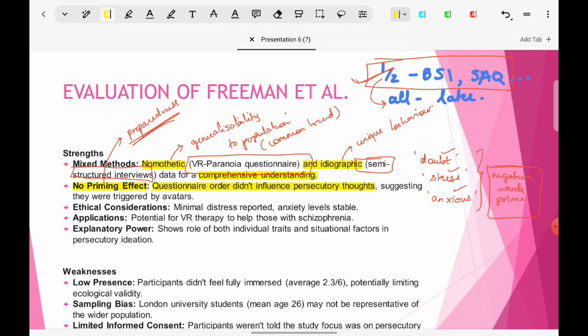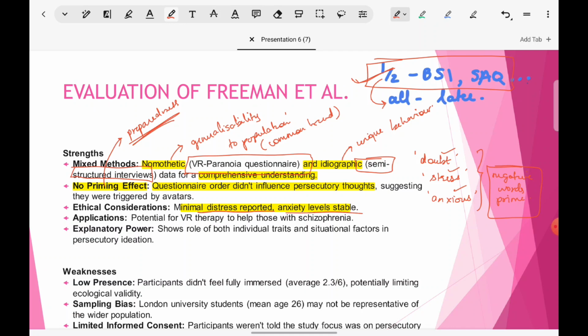Another strength is that ethical considerations are kept in place in this study, because in terms of the main ethic, which is psychological harm, we see participants' anxiety levels were stable. What researchers did was, since they had administered questionnaires of anxiety to participants before and after for some of them who answered twice,